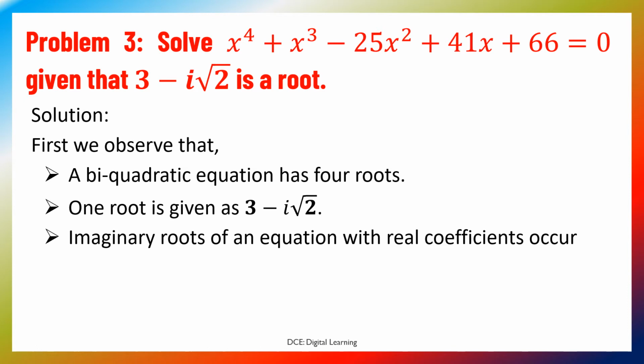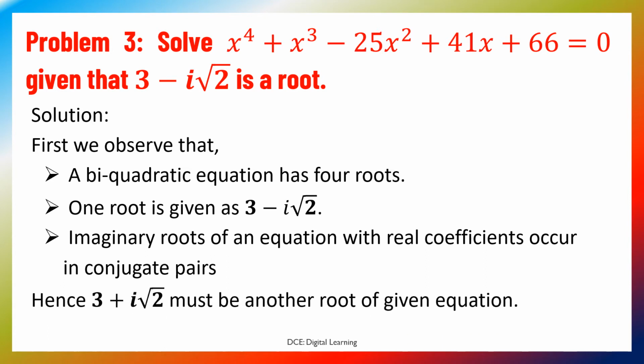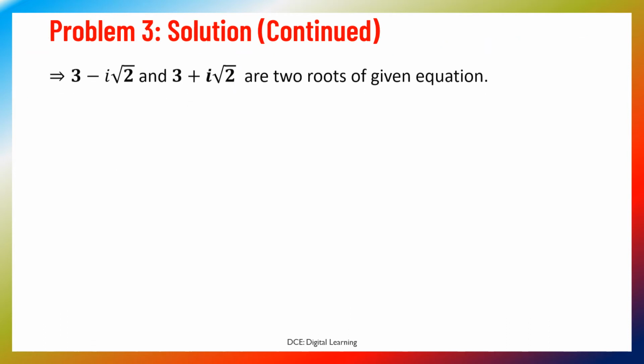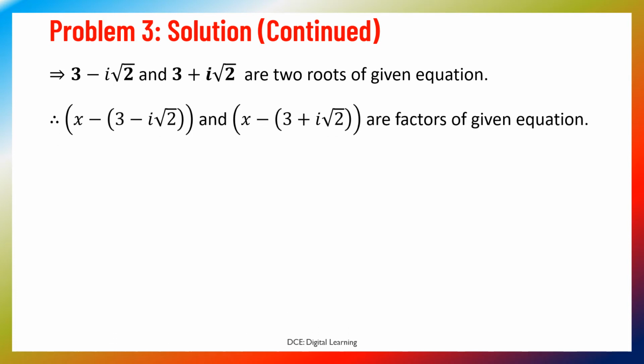Imaginary roots of an equation with real coefficients occur in conjugate pairs. Therefore, 3 plus i root 2 must be another root of given equation, which implies 3 minus i root 2 and 3 plus i root 2 are two roots of given equation. Therefore, x minus 3 minus i root 2 and x minus 3 plus i root 2 are factors of given